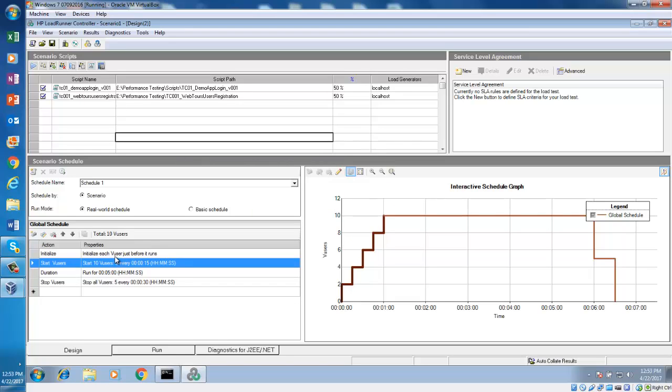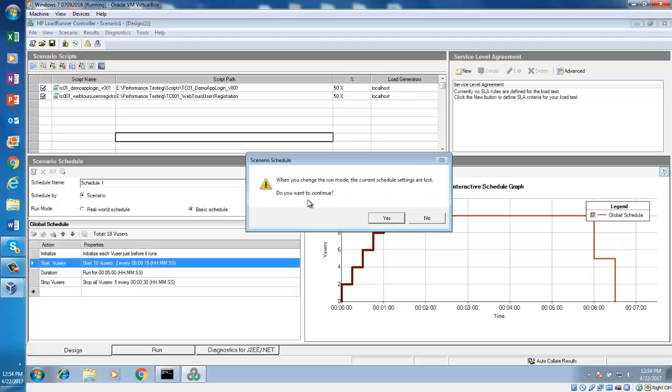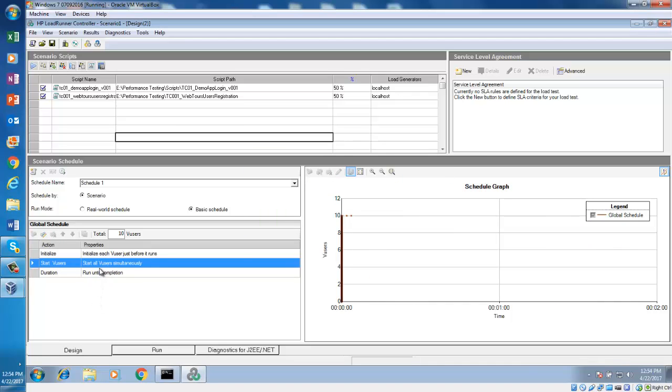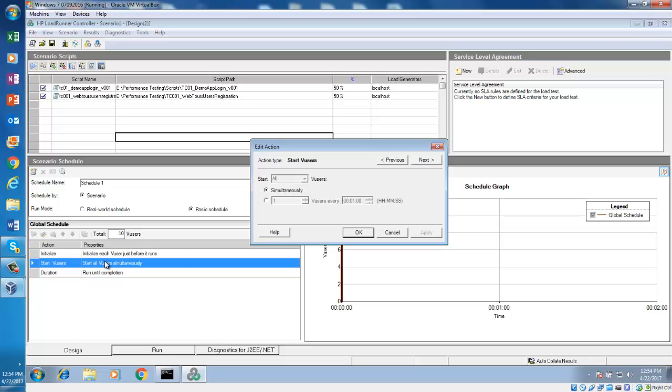You can initialize users, first initialize and then start Vusers, stop Vusers, in that way. But if you go to basic, you have these 3 options. This is straightforward, right? You start Vusers. Let's say we want to start 2 Vusers every 1 minute.